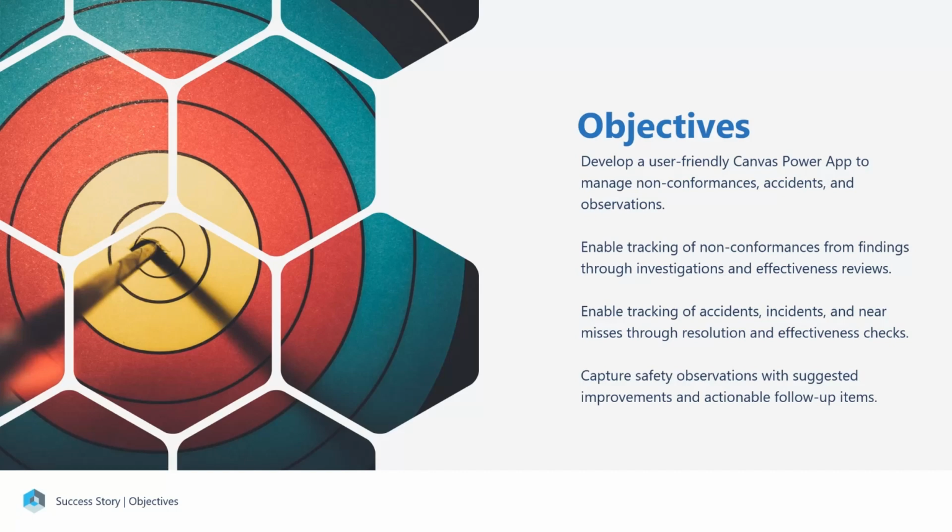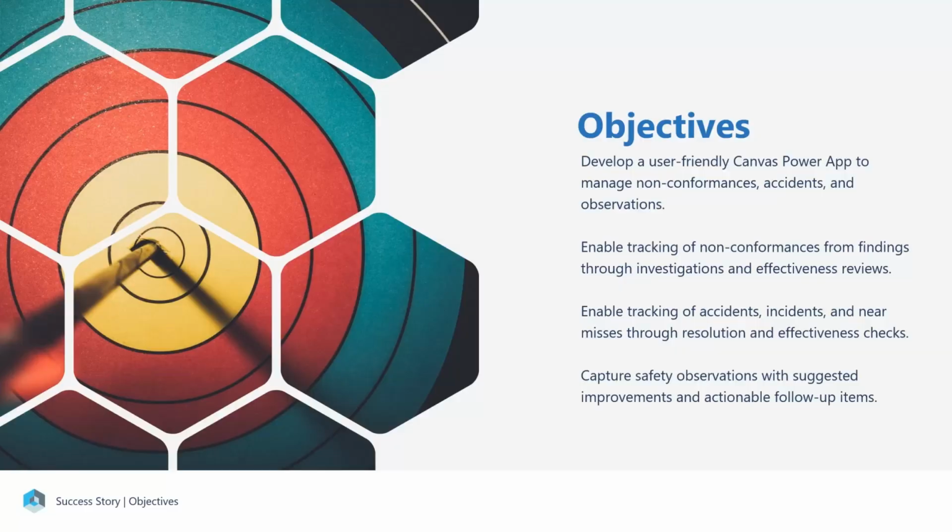It was going to manage accidents and also safety observations in the business. We had to be able to track these non-conformances right the way through from initial findings, all the investigation data being captured, and the effectiveness review. So we had to make sure that we identified why the issue happened, what the issue was, how the issue was going to be fixed, and maintain that the actual resolution that was put in place did actually fix the issue about 3 to 6 months later.